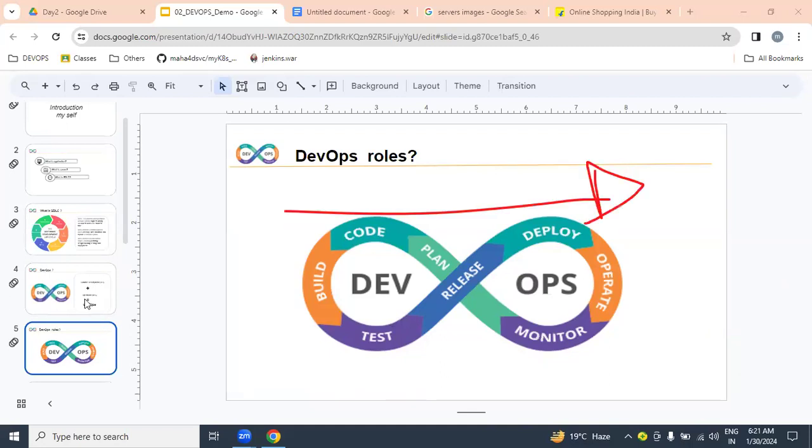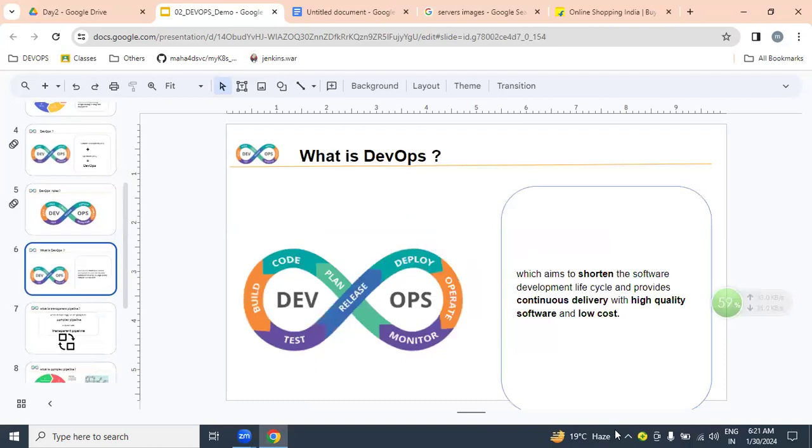DevOps is an automated process, which we are going to implement from the dev environment to operation. While we implement this automated process, make sure whether you are delivering working software within the shortest time, with high quality, with low cost or not.